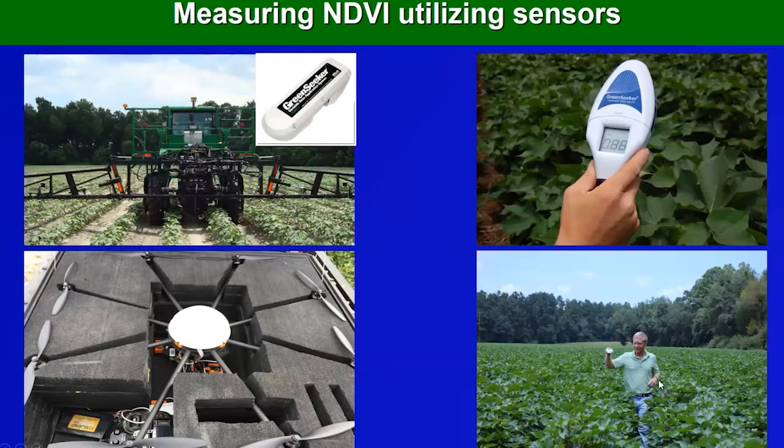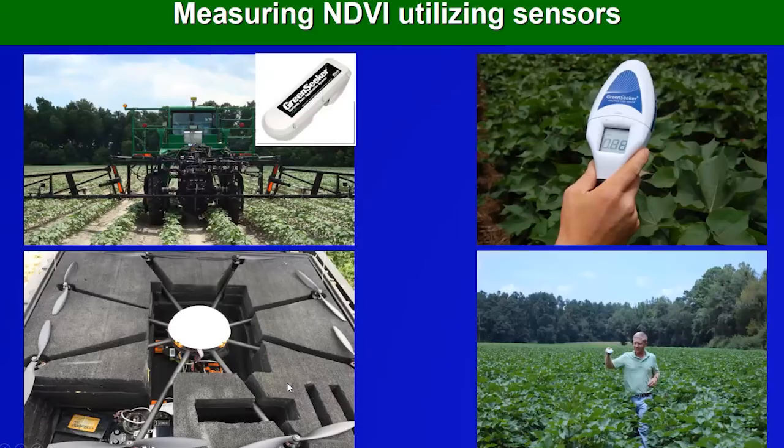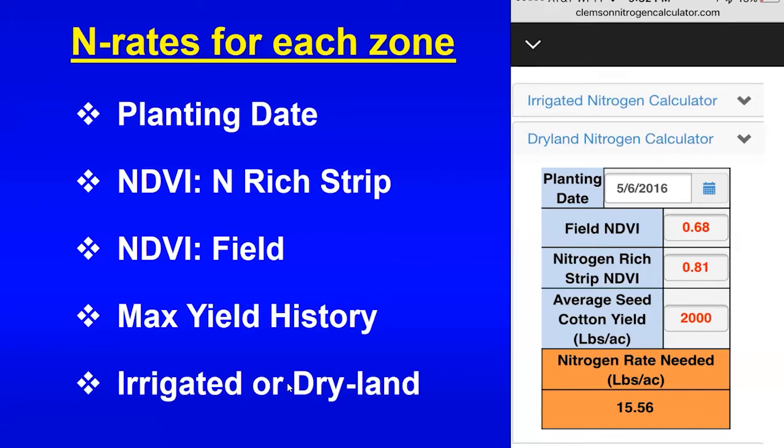And based on those different numbers, we can decide how much side dress, how much fertilizer we want to apply. And we have one program called nitrogen rich strip. How it works,